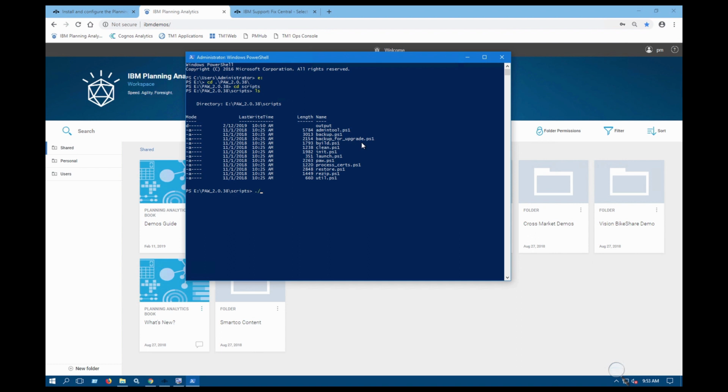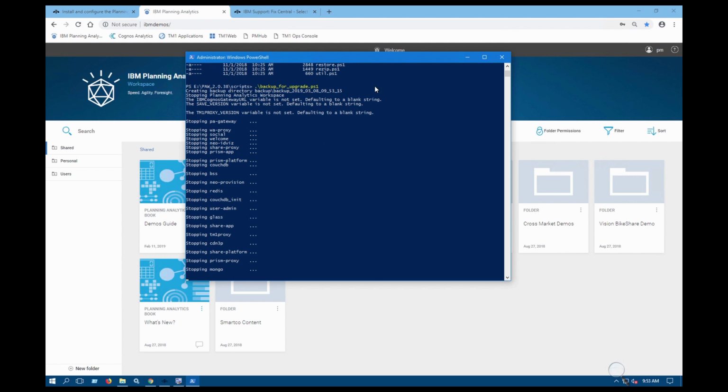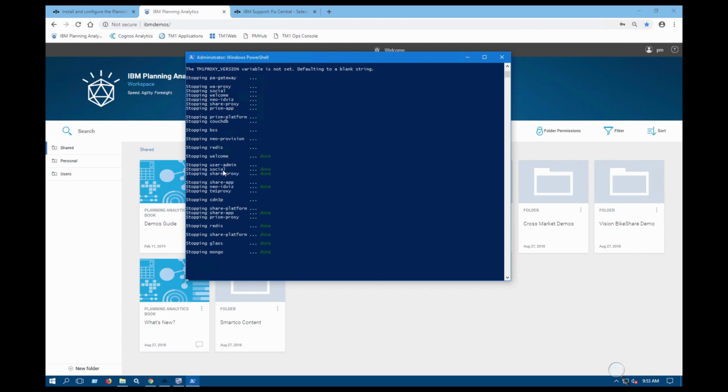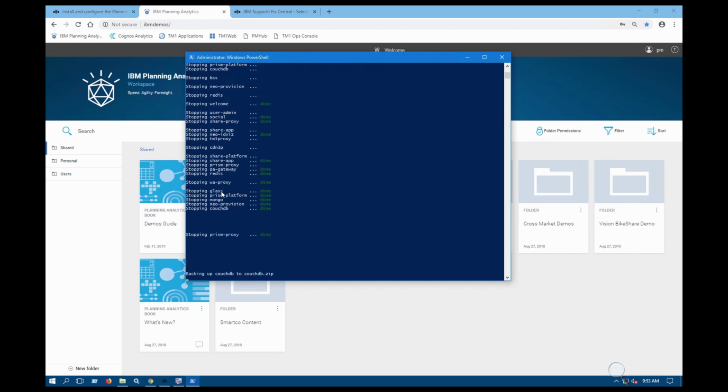To run it, it's quite simple. You just run the script through here, backup.ps1, or the next one that we have is the upgrade, which is what I'm doing today. So I'm going to hit run. What this is doing right now is basically stopping all my containers that are inside Planning Analytics Workspace